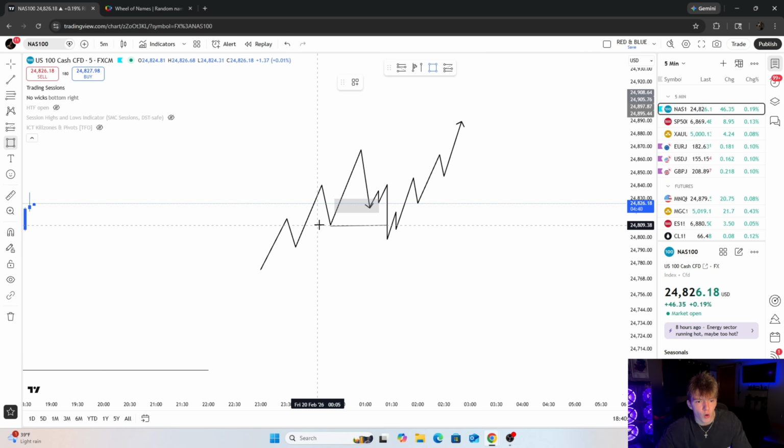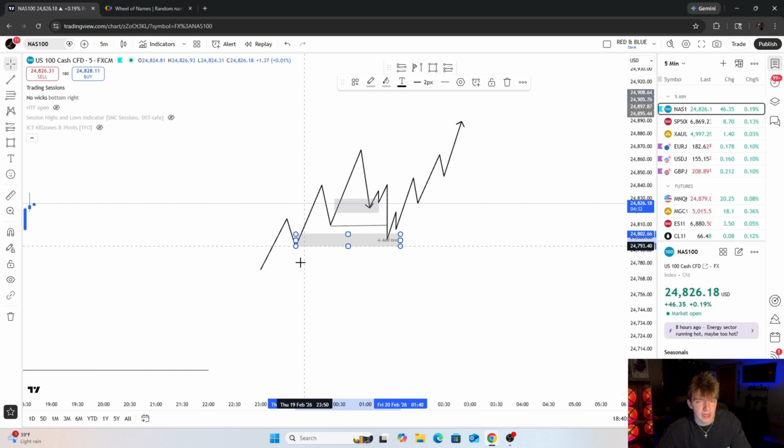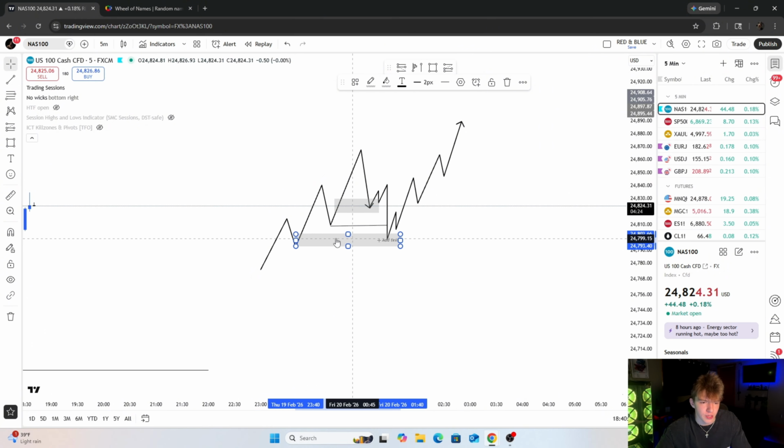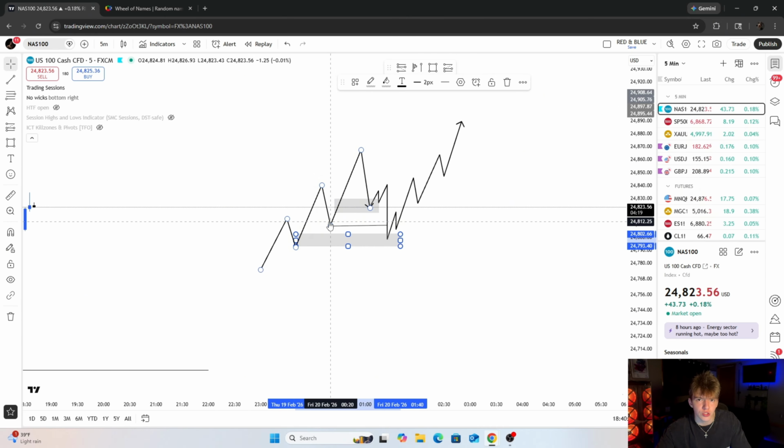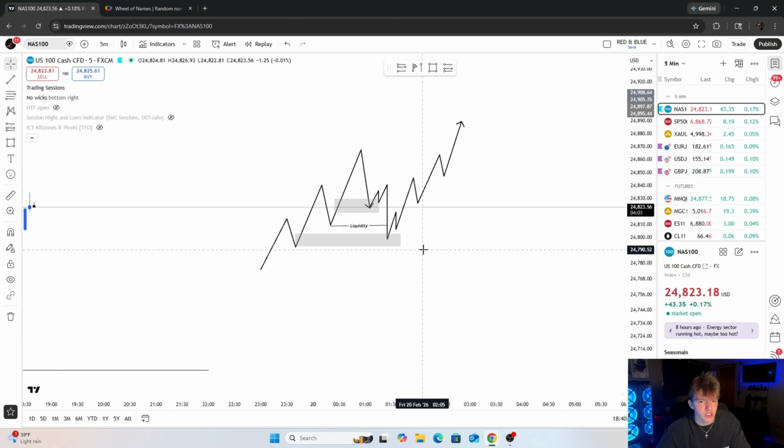But what you essentially do is you want to wait for these people to get faked out, or price just to come down in a straight line, take out this liquidity, and then after taking out those sell stops, price then has a reason to continue up. We are just pinpointing exactly where that reason to continue up is actually going to take place, which is normally a demand zone, order block, whatever you want to call it, around this area. And it's usually after taking a high level liquidity. We want to see price come down real quick, give us our valid entry candle, and price to continue up. So that's essentially the core understanding of our strategy, right? This right here is liquidity, and that's pretty much all there is to it.